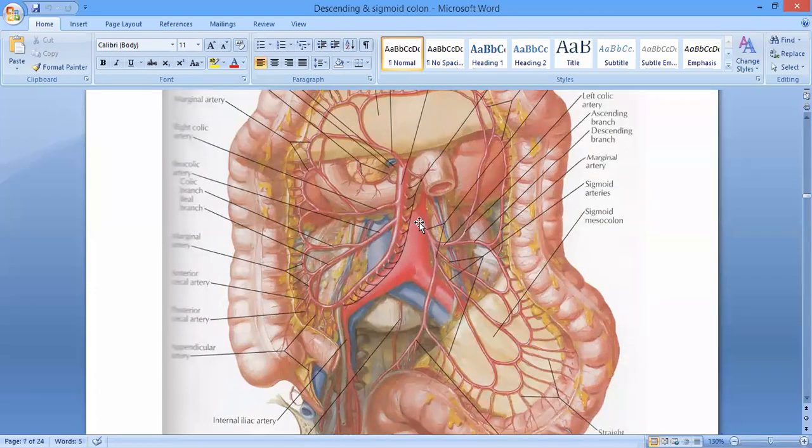This is a comparatively smaller branch than the other two arteries coming from the anterior surface of the aorta. So it's a smaller one, the inferior mesenteric artery, and after getting origin over here, it is going to give a branch that's called the left colic artery, right? And the left colic artery is going to run in the mesocolon,